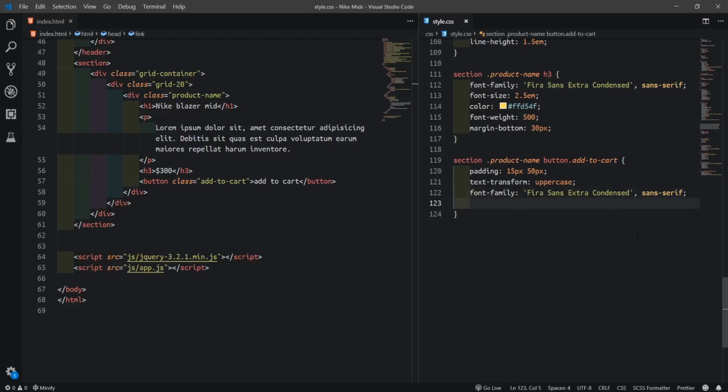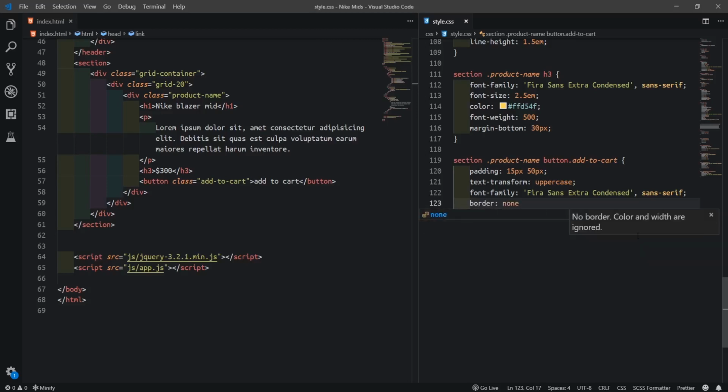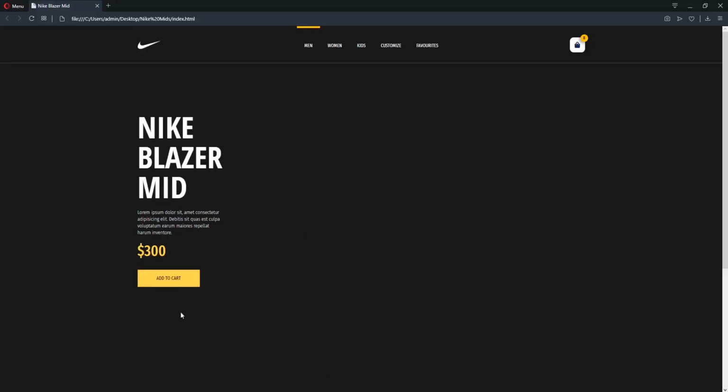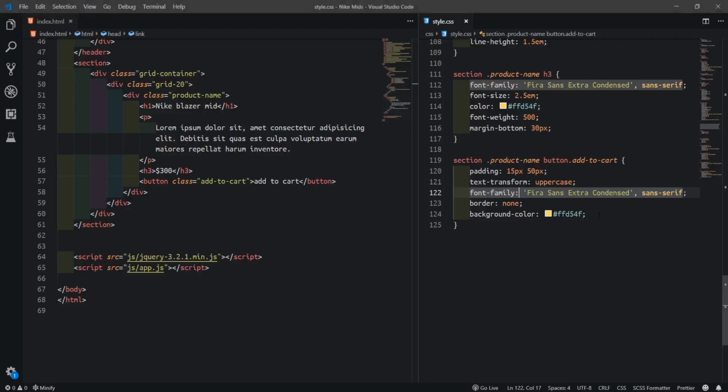And border none. Then background color will be this yellow we use for the H3 for that price tag. So I just come in and paste them. Then background color, let's not background, I mean not border color now. Background color. Okay. If we leave it like this, we just want to make it resemble. You feel me? So to resemble,